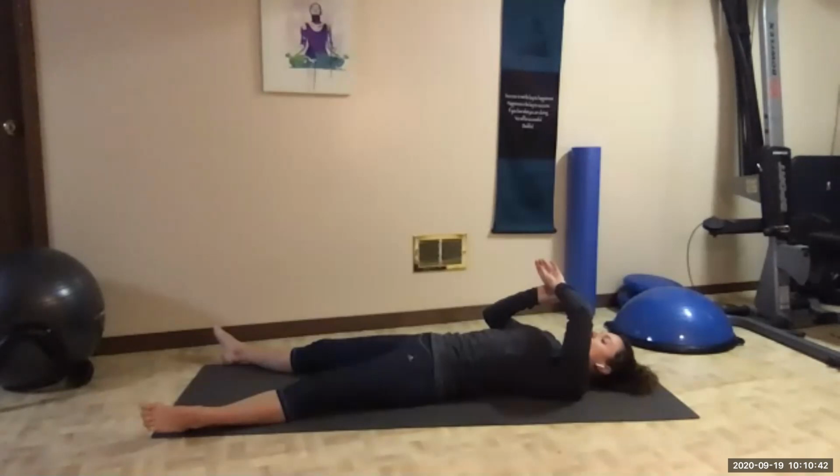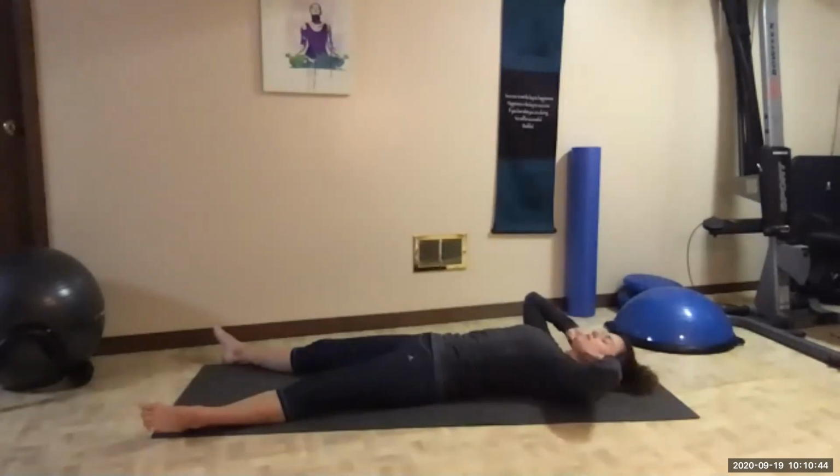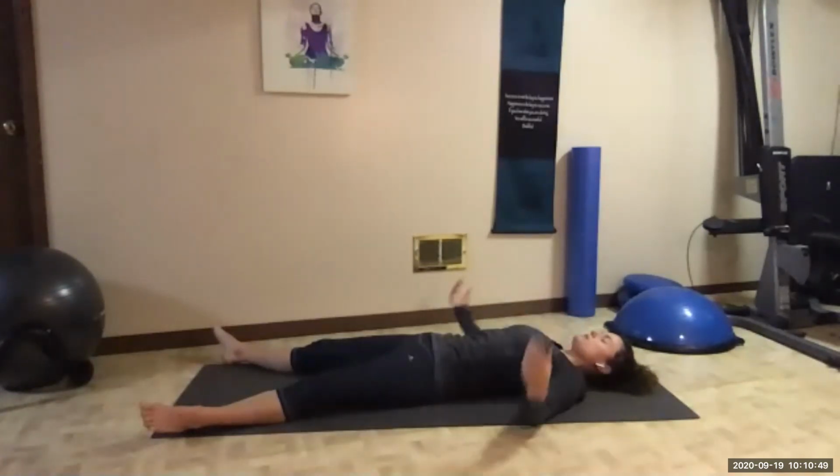How's the neck feeling? Are we on the very back of our head, supporting the flat part of our skull with our nose still pointing up to the ceiling? Are we squeezing the muscles in our face, or are we relaxing them, letting our eyebrows go, letting our eyelashes just stay soft? So this is Shavasana. We'll start and end our class in this position,